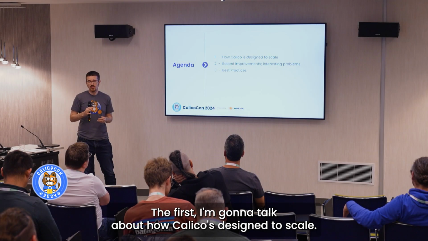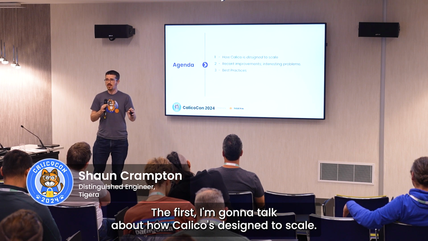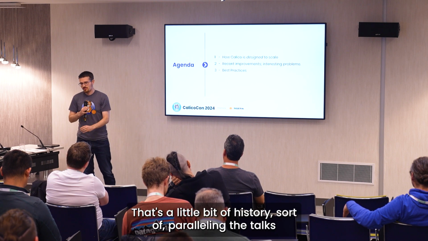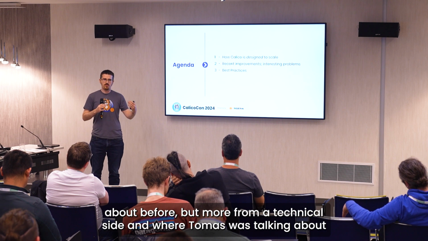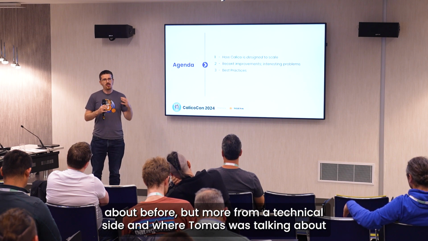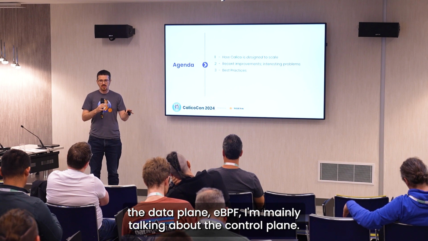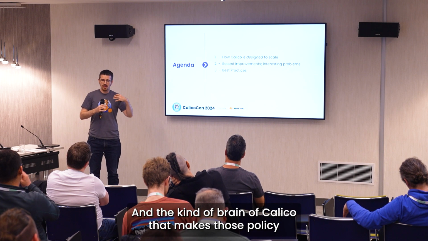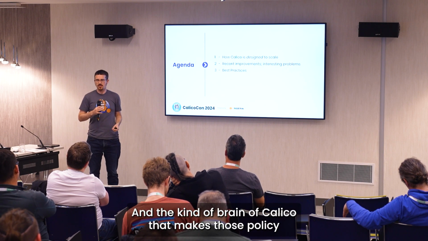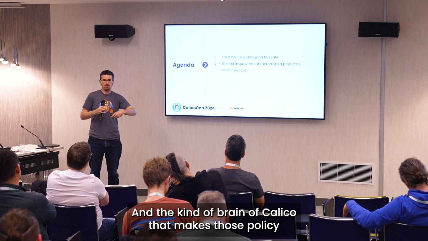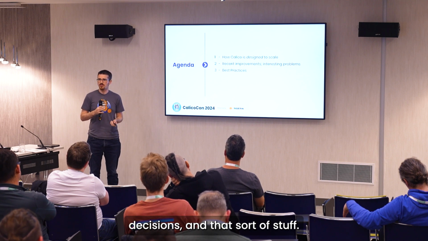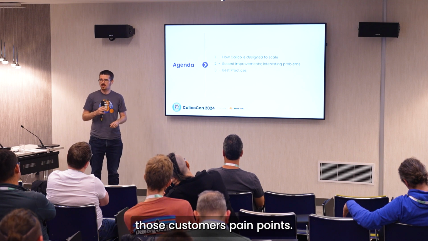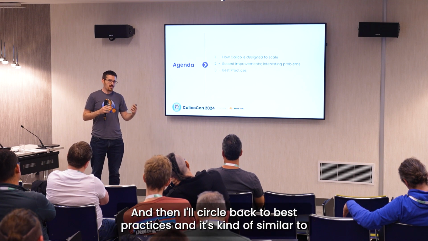First, I'm going to talk about how Calico is designed to scale. That's a little bit of history, sort of paralleling what Utpal was talking about before, but more from a technical side. And where Tomas was talking about the data plane, BPF, I'm mainly talking about the control plane and the kind of brain of Calico that makes those policy decisions and that sort of stuff. I'm going to talk about the recent improvements to address those customers' pain points, and then I'll circle back to